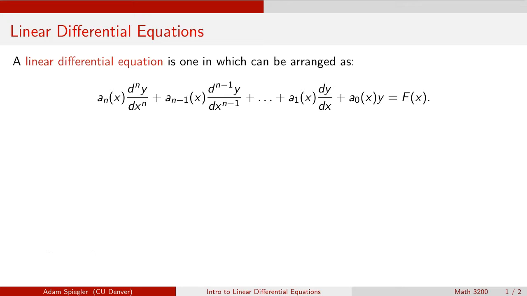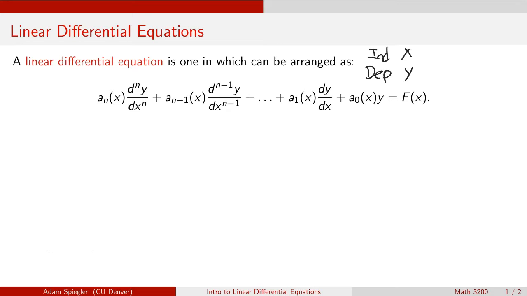A linear differential equation is a differential equation which can be written in this form. Okay, so this here is an nth order differential equation. So we could have linear differential equations of any order. But what's important when we're trying to identify this is, first of all, you'd want to identify what are the dependent and independent variables based on the context of the equation. So in this case, we have an independent variable, which is x, and we have a dependent variable, which is